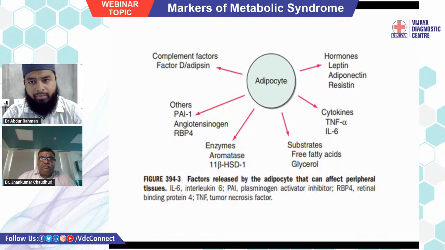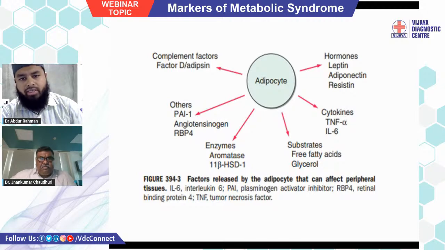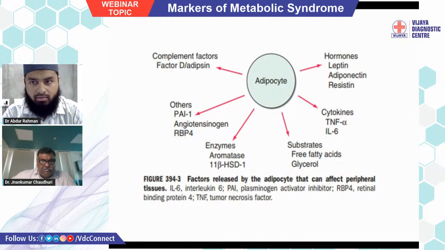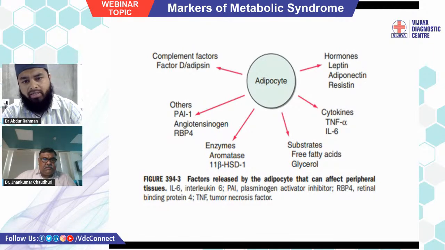And we all know that metabolic syndrome is complicated because of these factors. There will be peripheral vascular disorders and central vascular disorders, and due to that we will have cardiovascular problems. Then insulin resistance. Insulin resistance is linked with leptin and resistin. These are the two compounds which modulate insulin secretion from pancreatic beta cells. It has been found that in obese patients and metabolic syndrome patients, leptin and resistin levels are very high and adiponectin levels are very low.